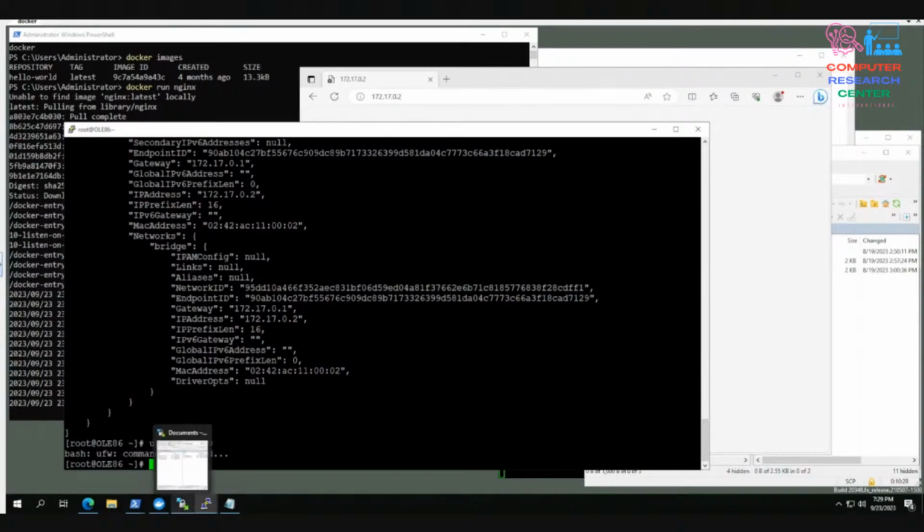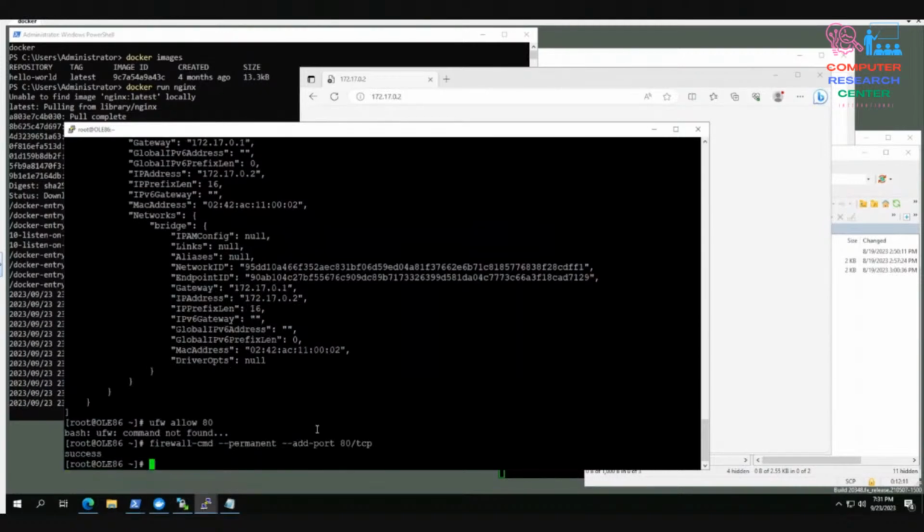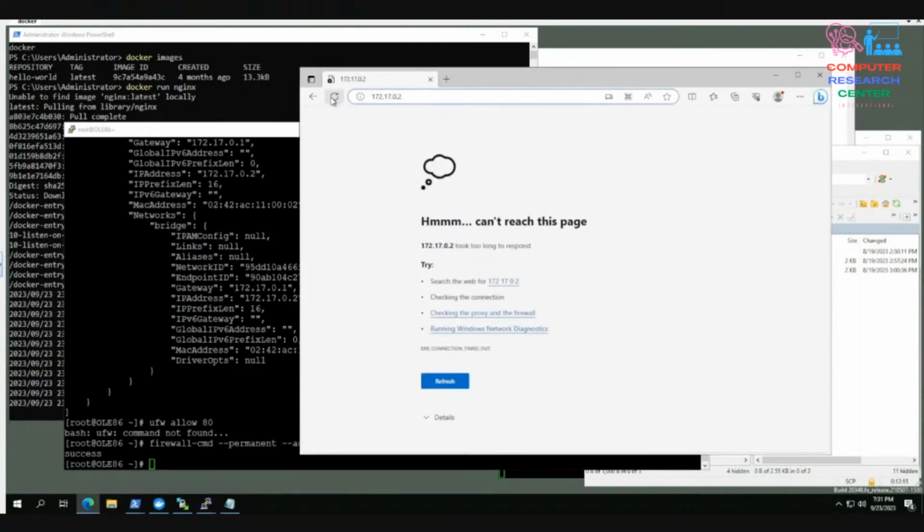Okay, so for now we will allow port 80, and then we will try. Yes, success. So port 80 is allowed. Now let us try if that allows it to be accessed from that part. It's still not allowing. So there is no way actually, maybe it is not